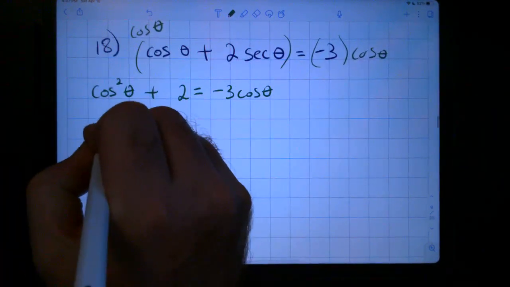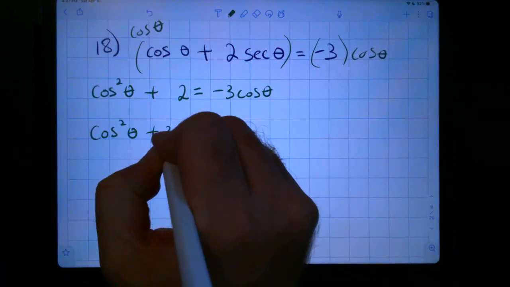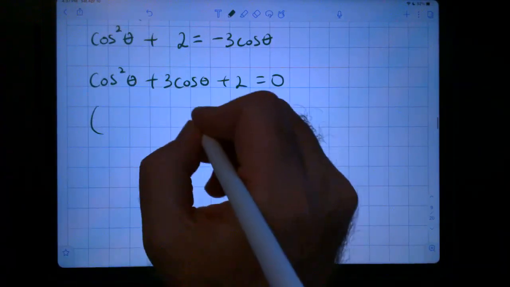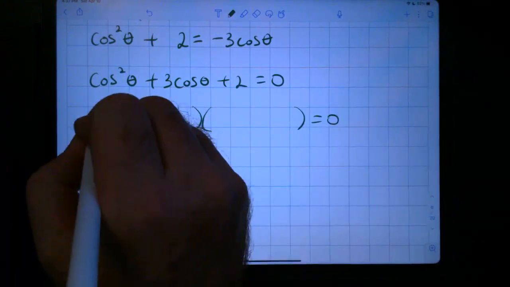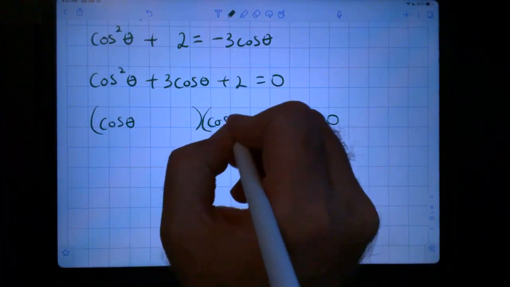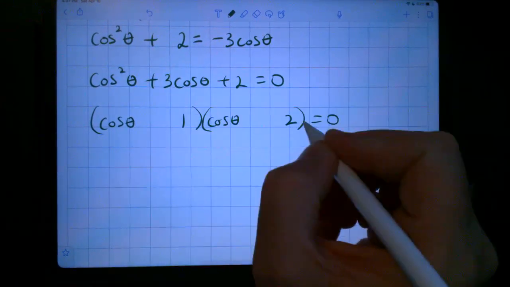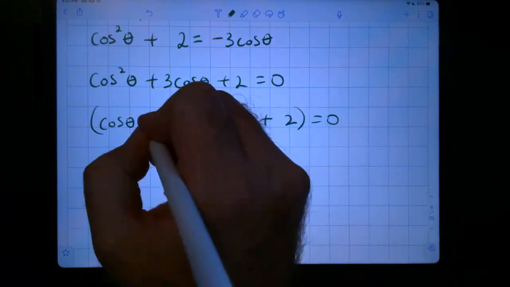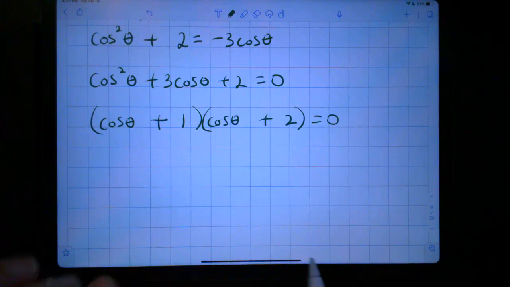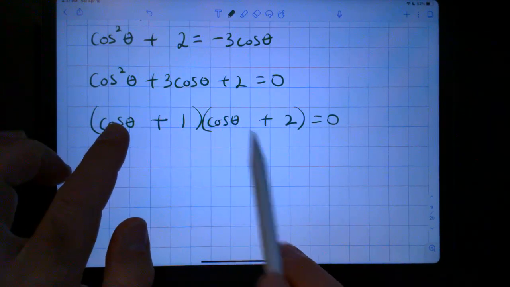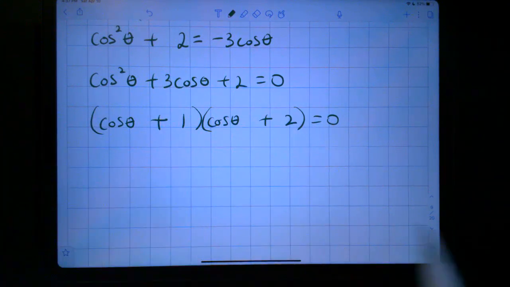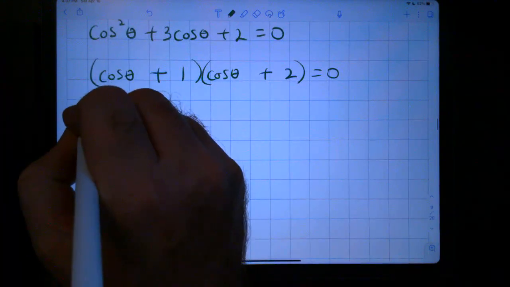Okay, let's factor this. I had to think about that for a moment. Cosine times cosine is cosine squared, and then plus 2 plus 1 is 3, and then 1 times 1 is 2. Okay, this gives us